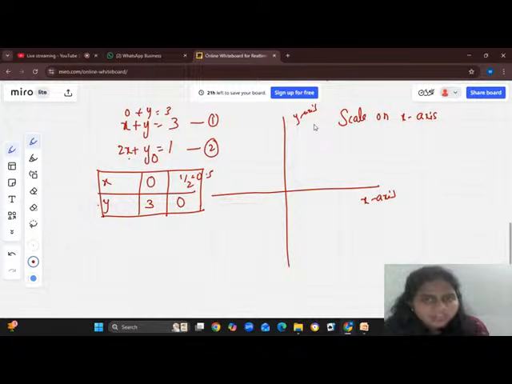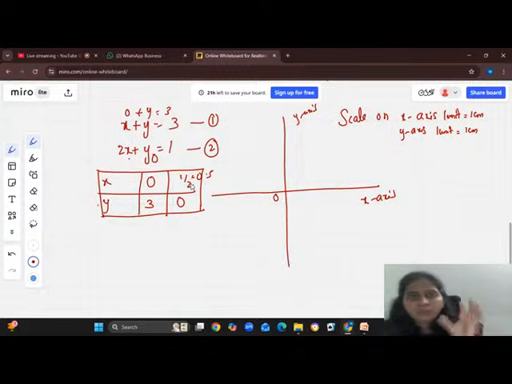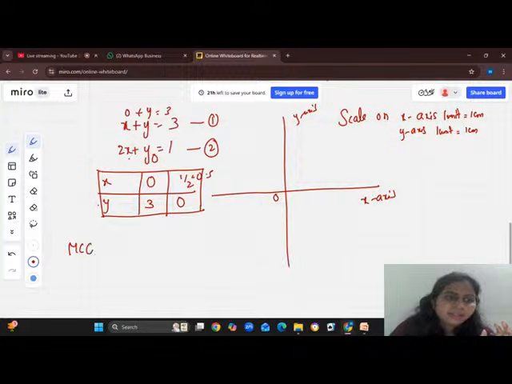So the presentation of your graph, how you draw it, whether you have written the scale or not, and the equal distribution of the dimensions, everything matters in your graph. Write the scale on the x-axis and y-axis as 1 unit equal to 1 centimeter, distribute it equally, and then draw the graph. This is a very important part. Most of the times they will be asking for 3 or 4 marks. Another important MCQ question they will be asking is the tabular column, which will be on the first page and second page of your textbook.